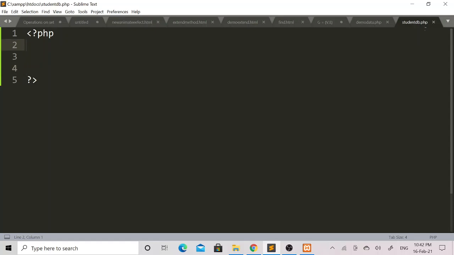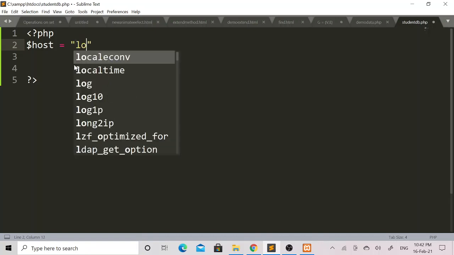So first I need to connect to the database. For that purpose, here I will mention the host name. $host equal to, I have declared one variable $host, and I will set the localhost value to this $host variable.